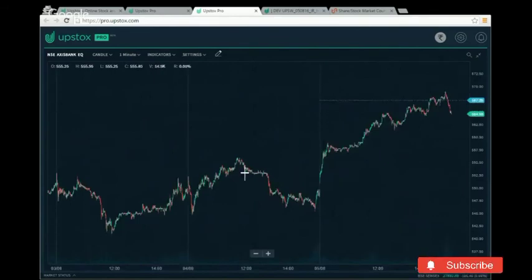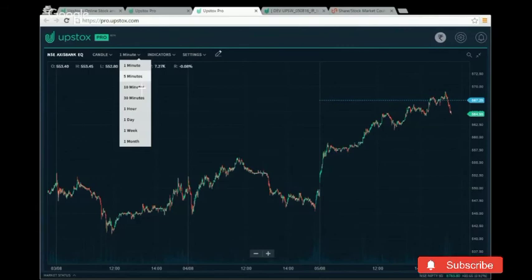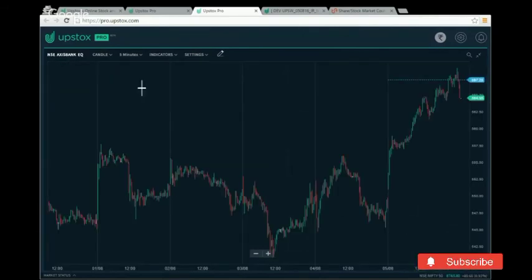The other thing is that we have added something called a day break. If you can see this particular section, I'll select a 5-minute interval over here. So this is the day break line. This gives you a very good view of the trading session. So this is one trading session, this is the second trading session. So how the trend has fared, this is what you'll be able to see based on the trading